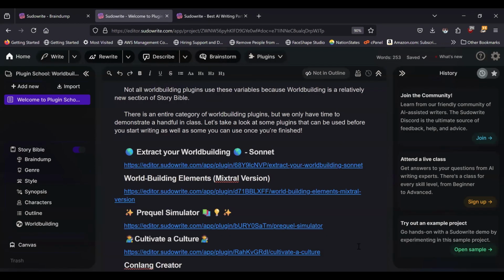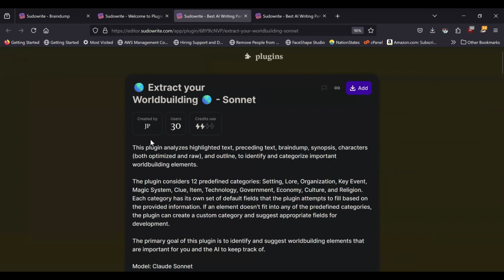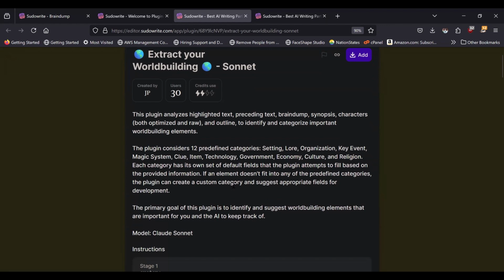The first one we're going to look at is called Extract Your World Building Sonnet. It was created by JP, and it specifically looks at your highlighted text, preceding text, brain dump, synopsis, characters, both optimized and raw, and outline to identify and categorize important world building elements. Basically, this is going to look at your prose, and if you haven't filled out the world building part of